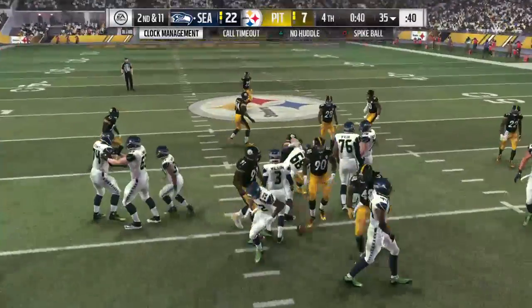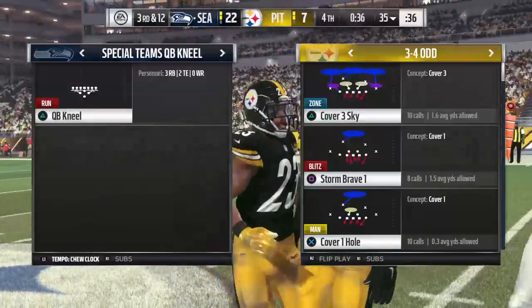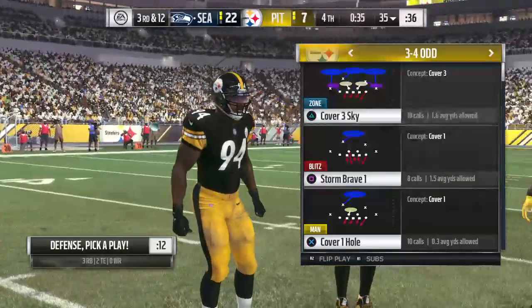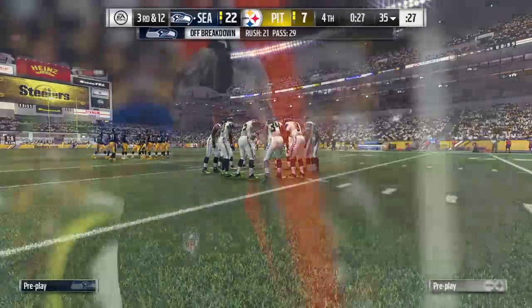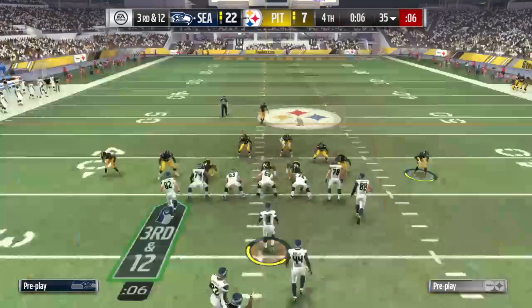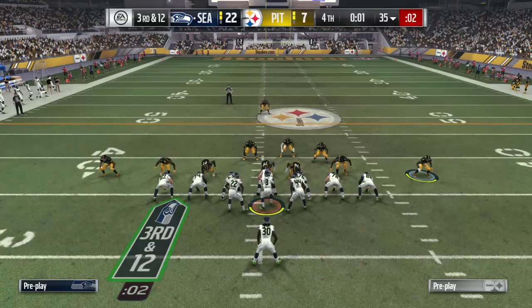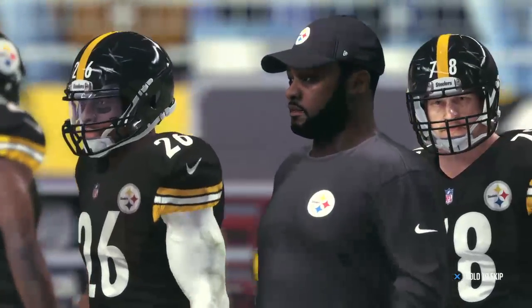Down to a knee here. The defense still with a couple of timeouts. We'll see if they want to use them. Double tight, guys. Double tight. 3 down. A road win in the National Football